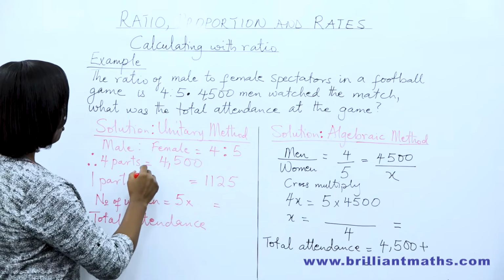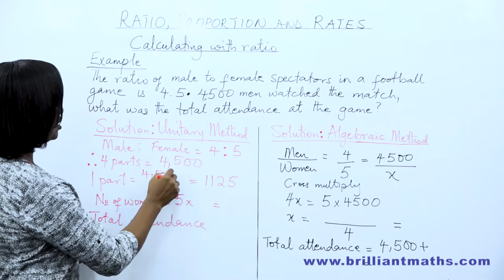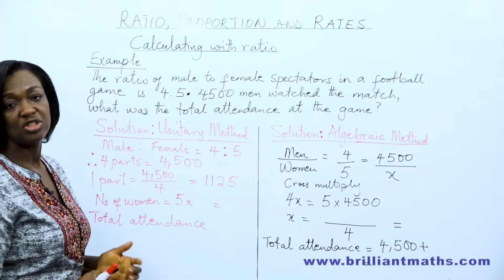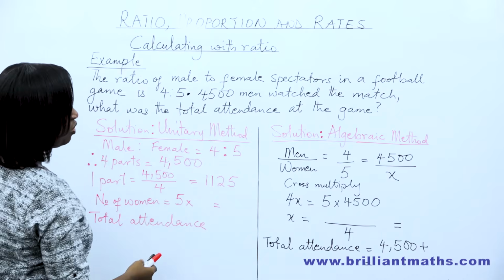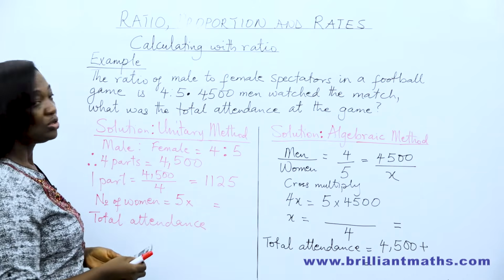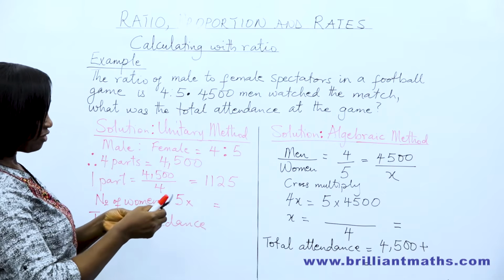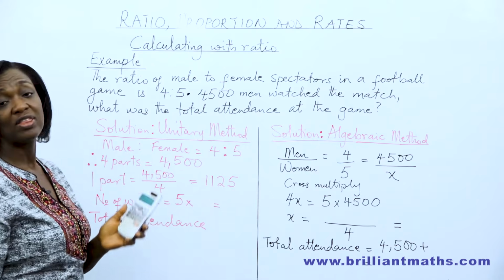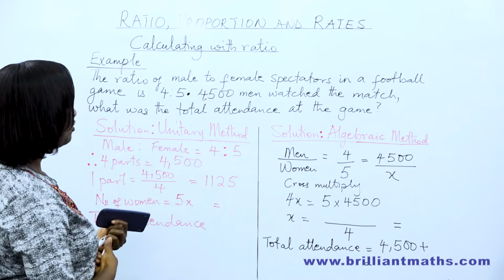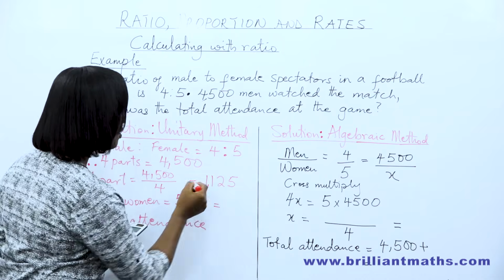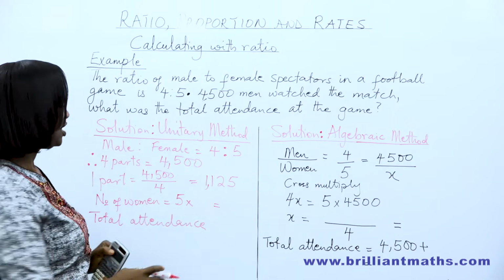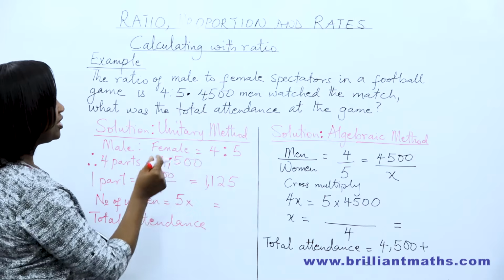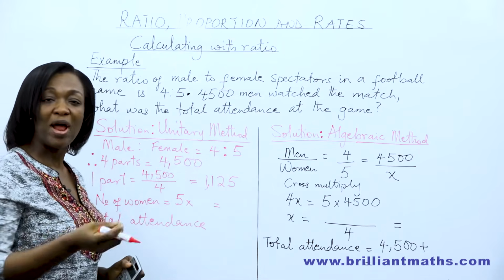So 1 part will be 4,500 divided by 4. Input that into your calculator, you'll get 1,125. Can you just check? 4,500 divided by 4, and that gives you 1,125 men. So that implies that 1 portion or 1 part is equal to 1,125 people. So for women, the ratio is 5. So it's just 1 part more than